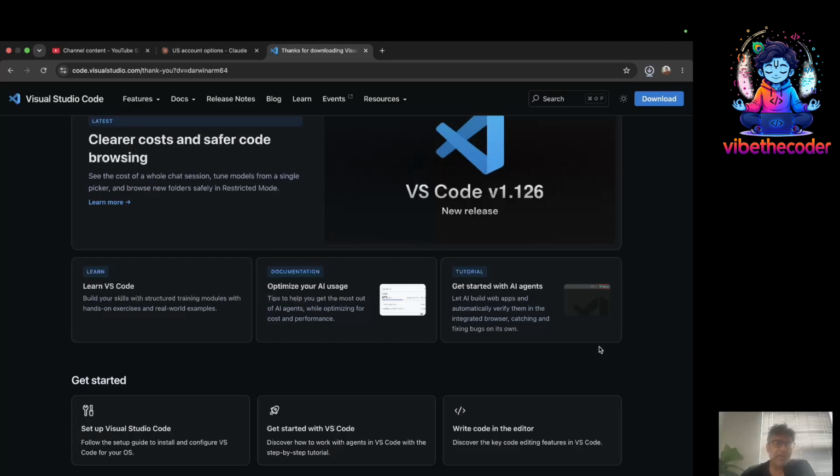I already did that before. I just wanted to show you exactly. If you double click this, it will install it, right? That's the same with Windows or with Mac. It's just how you install. So now the next step I want to show you is, let me just go